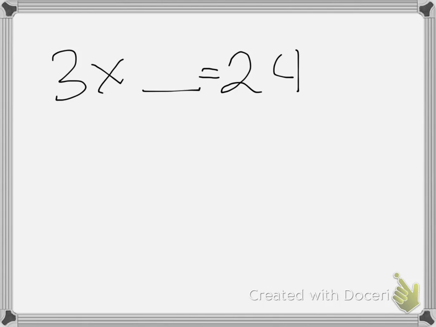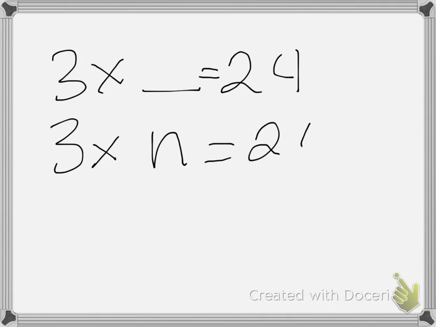Sam knows that 3 is a factor of 24. So this means 3 times something equals 24. Another way to write this is 3 times n equals 24. For each of the statements, find the value of n that makes the statement true. So we want to know what n is. So for 7A, n